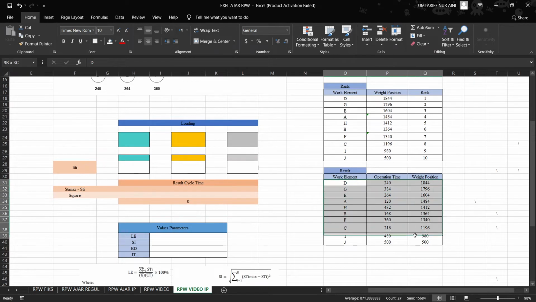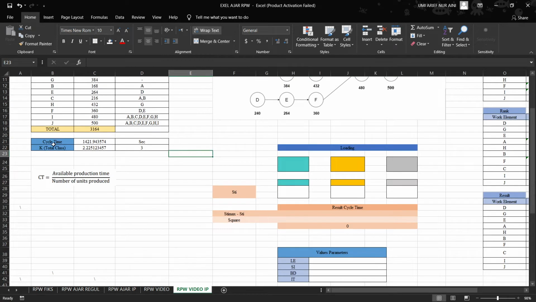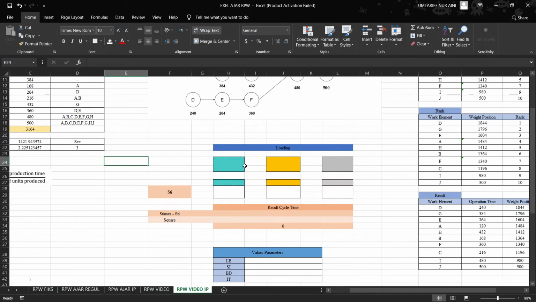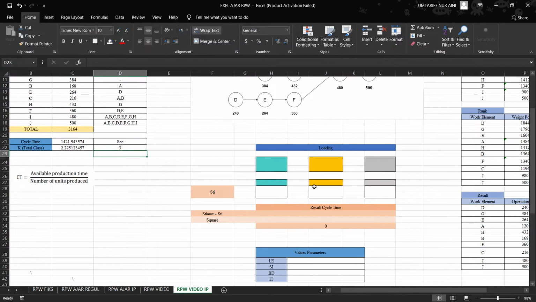After you include the results in the result table, you can move to the loading table, the loading process. You must calculate the total class; if you get 3, you make 3 workstations. If you get 4 for the total class, you must make 4 workstations, like this.